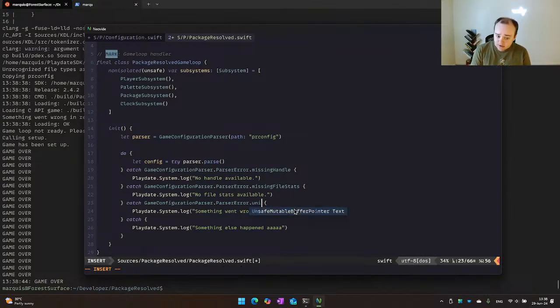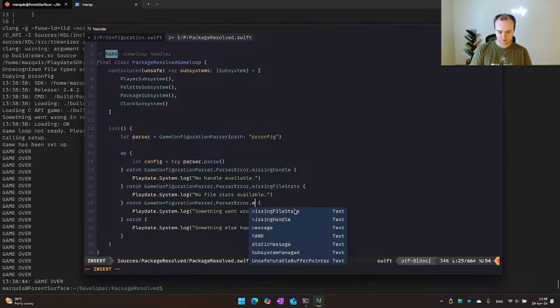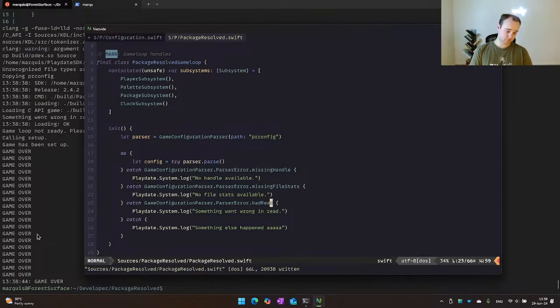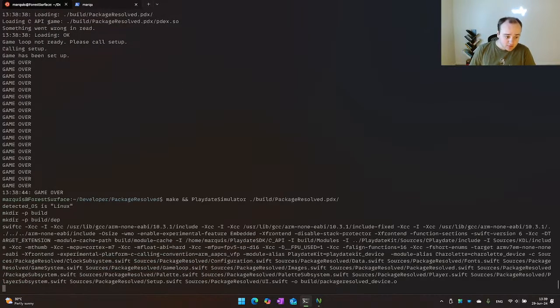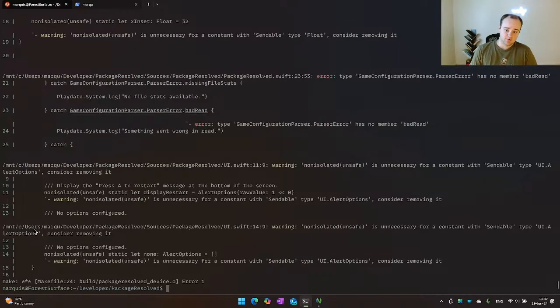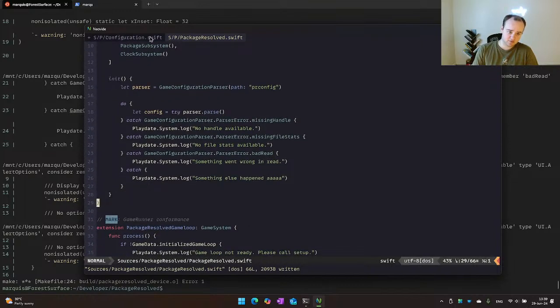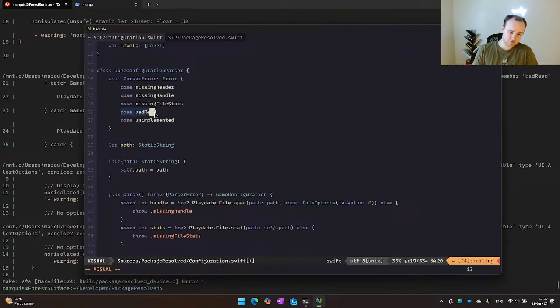Now are you going to say bad read exists? Parser error. You gonna work this time? Game configuration parser error has no bad read. But you're right there.